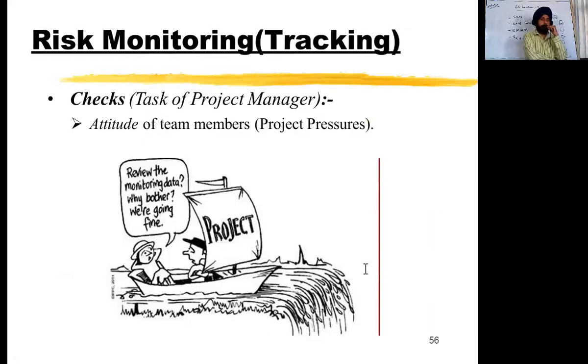So next is risk monitoring, that is the tracking. It is the task of the project manager to continuously check the different phases of your software development and see where there are chances of risk. What are the points where the risk can come into your system? If there are different teams, we have to see which team is pressurized. So you have to balance the staff, you have to share the load. This is all done when we properly monitor our software development phases, different parts of your software.